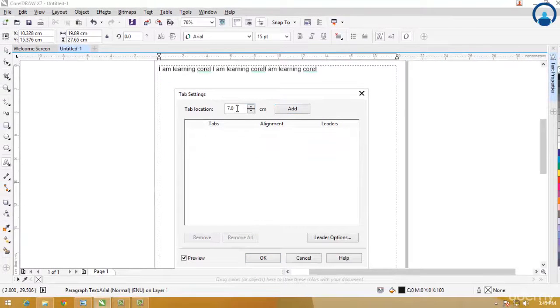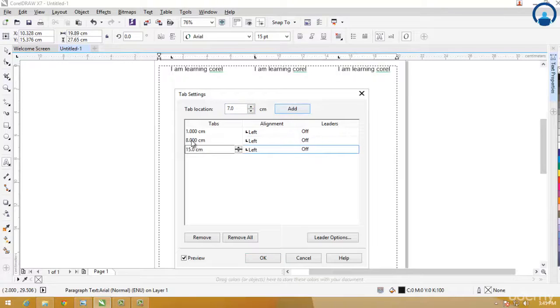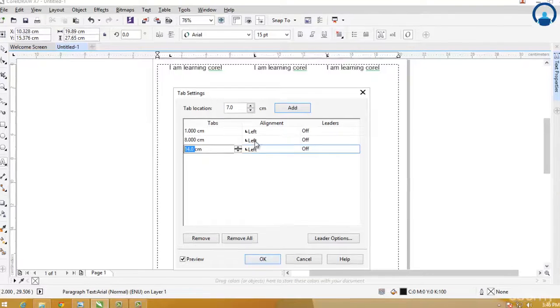I'll remove all the tabs again and let's try. So 1 add, this is 7 add. Again, if I want to add the tab at 14, what I need to do is 7 plus 7 is 14. Again, I'll add 7. So 7 adds another tab, that is a third tab. If you want to change this tab to 14, shift to 14, you can directly go here and add the tab. You can go directly here and change the tab figure. Okay, this is how you add or delete the tab.